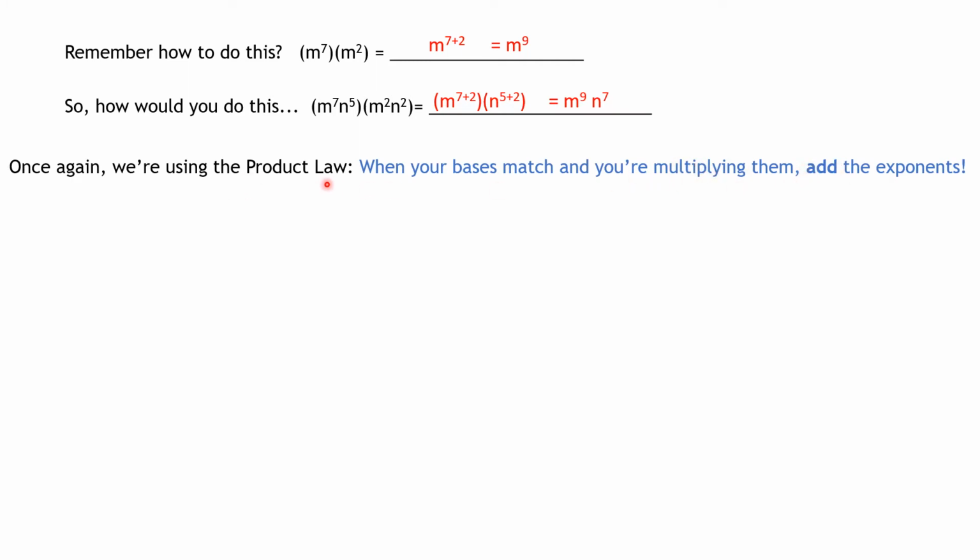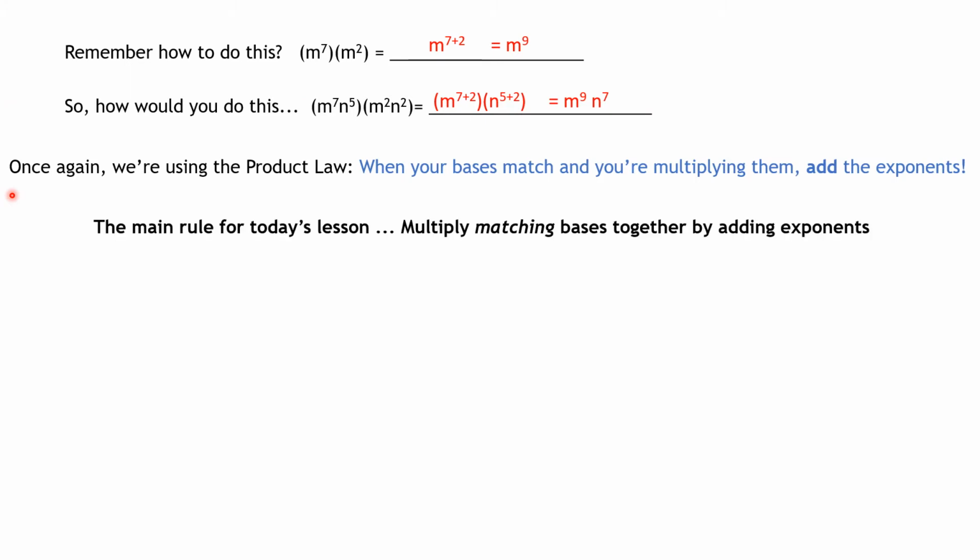So we're just talking about the product law right now. The only change I've made is we've got it looking a little more complicated. We've got different letters, but we still keep our letters together. And the main rule for today's lesson is that you put matching bases together by adding exponents like we did